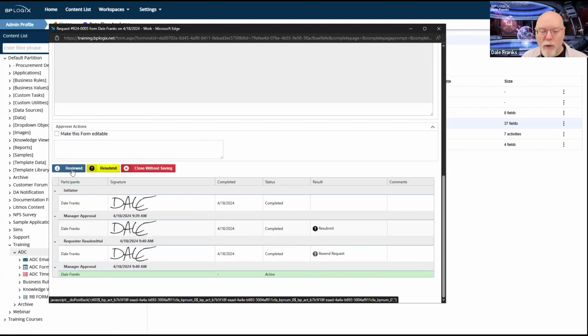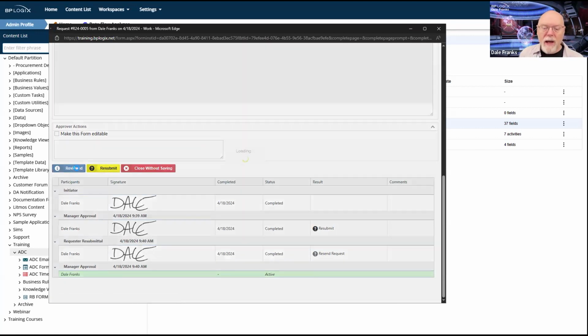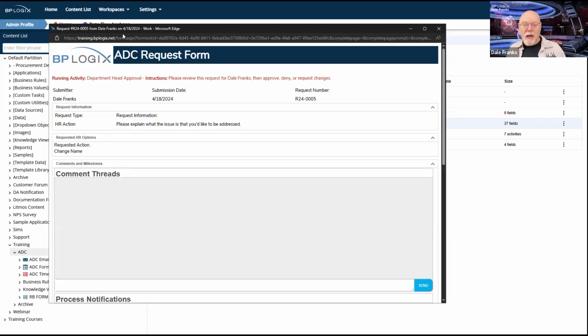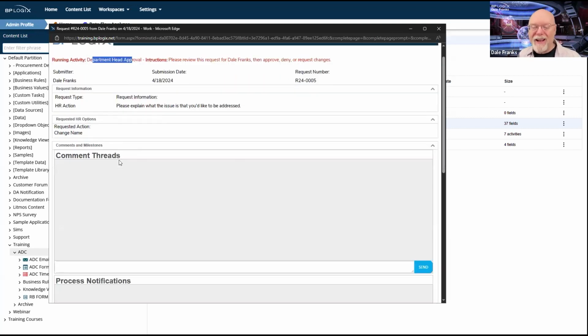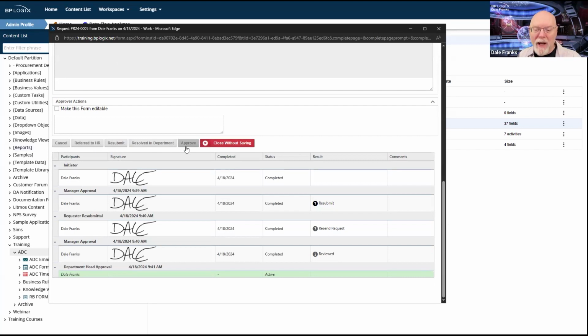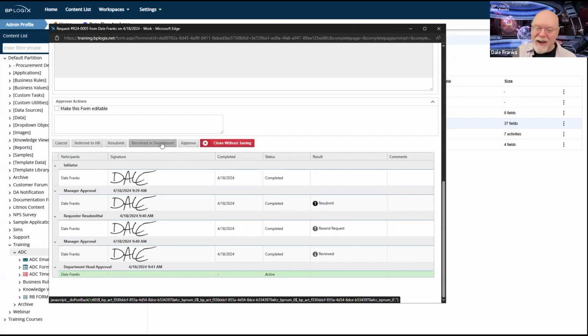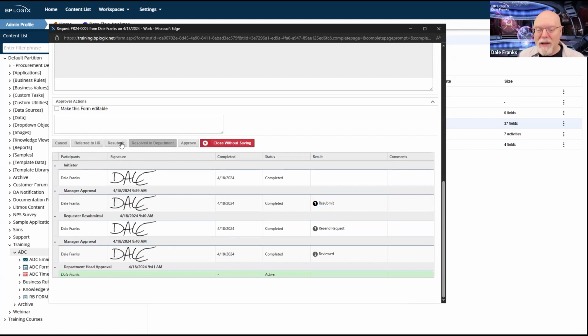So I have now reviewed this request, and I'm going to click the button. That should take me to department head approval. That is where it took me. And then on department head approval, I have all of these ugly, ugly default buttons. Remember when I was saying default buttons weren't accessibility compliant? That's why they aren't. So now I've got these 5 results that I need to figure out here.